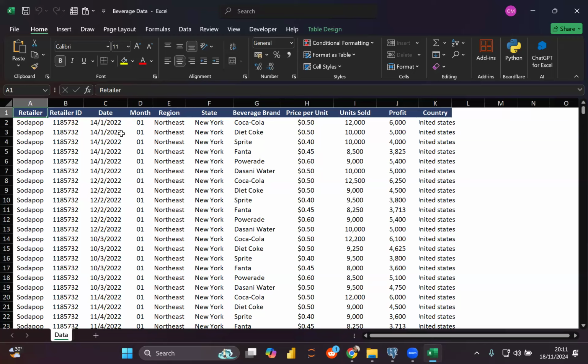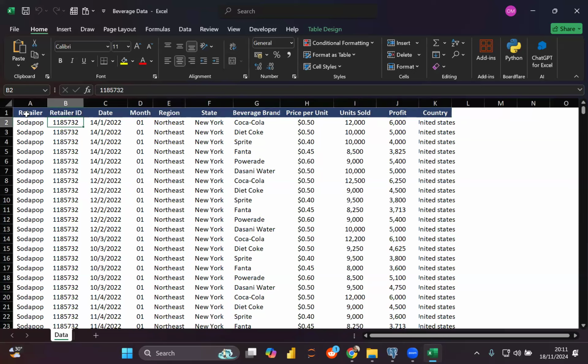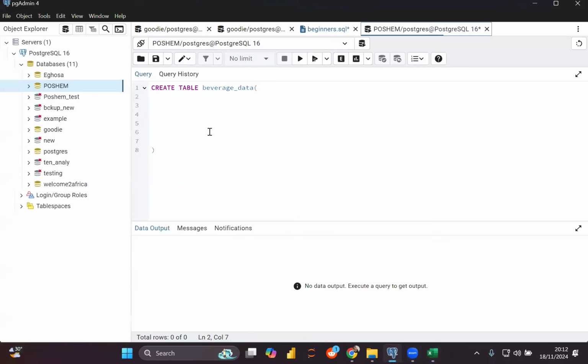Where that is important to us here is this. All our headers or headings are not really all in capital letter. If you look at retailer, it starts with an uppercase, then the rest are in lowercase. If we were to import this to Postgres, for example, and let's say I call this beverage sales data, and I do the correct encoding and everything I need to do, and I've already created the table, which we will do right now,